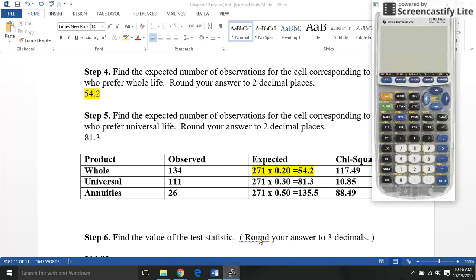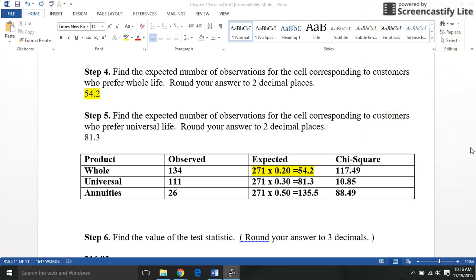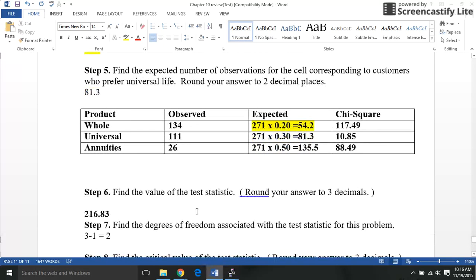And then from there, I have to make my chi-squared. And remember, to get your chi-squared, you do your observed, which is 134 for whole, minus your expected, which is 54.2. And then you have to square that, and then you have to divide by the expected. And if you do that, you get 117.49. And you do all those for whole, universal, and annuities, and then you add them up to get your chi-squared value. So to save time, I went ahead and did that. So I get 216.83, which is